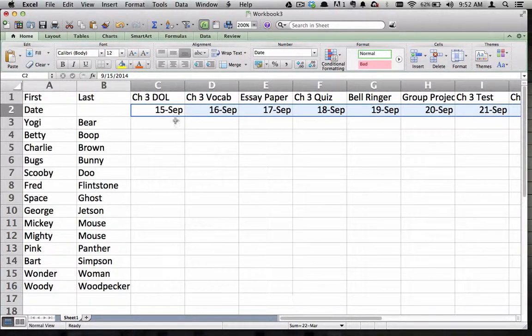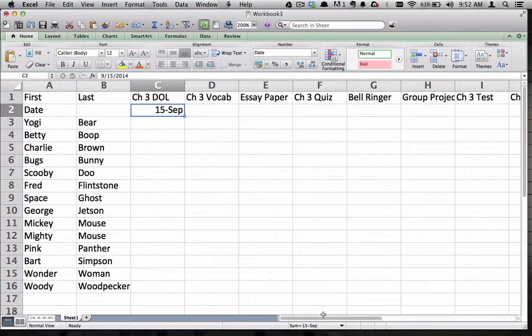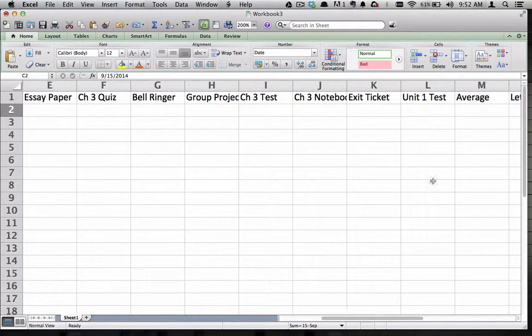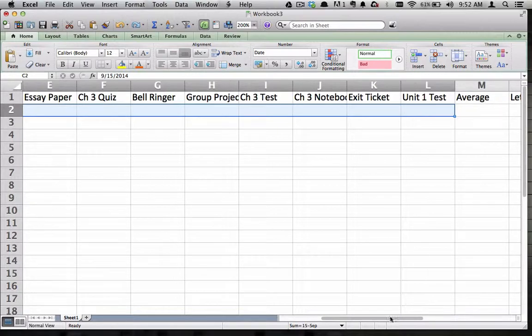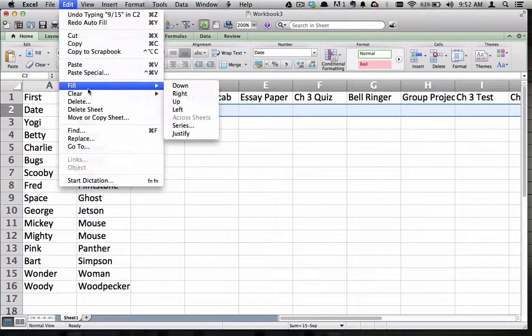The only problem here is, I know from looking it up, September the 15th for 2014 at least is a Monday. Then we have Tuesday, Wednesday, Thursday, Friday. That's a Saturday though, so that's not very helpful. So I'm going to go back and undo that. What I'm going to do instead is, as that one's selected, I'm going to go out here to my last assignment. I'm going to hold down the Shift key and click right under my last assignment, so I've selected that entire area. I'm going to go to Edit, Fill,